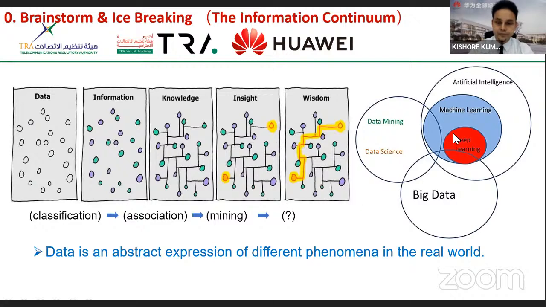Now here, from the right-hand side picture, the Venn diagram, you see artificial intelligence as a circle, and there's a core, represented in blue, which is machine learning. And then we have deep learning. Deep learning is a subset of machine learning, right? Now, big data is related in this way: big data is being fed into different types of machine learning and deep learning algorithms to do analysis.